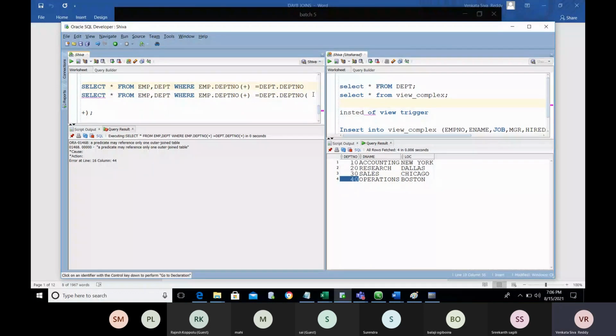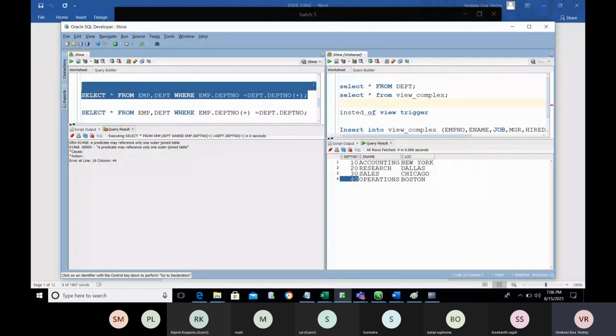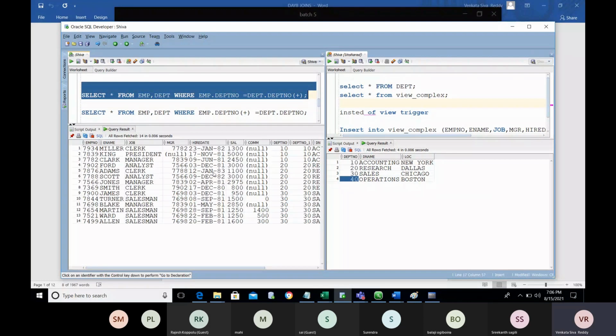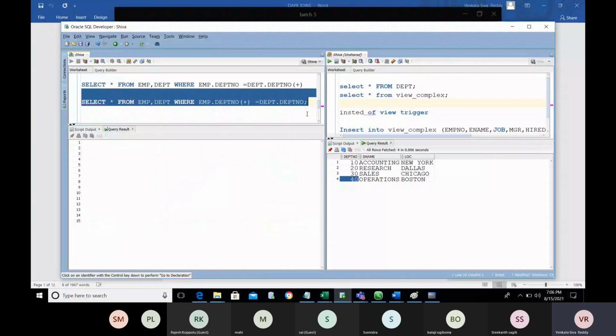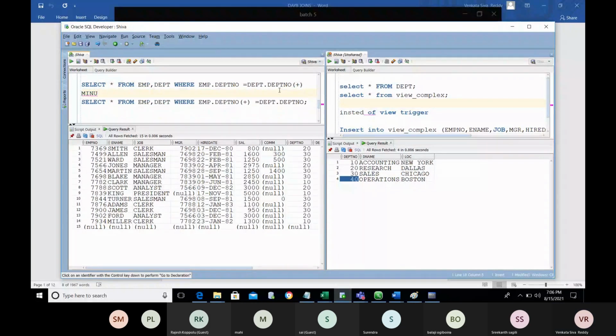Now if I use the left join, I am getting 14 records. If I use the right join, I am getting 15 records. Okay, if I use the union, only the matching records, 14, and one more, so I get 15 records. This is union. It displays only unique records from both sides. So 14 records are the same in the two result sets.